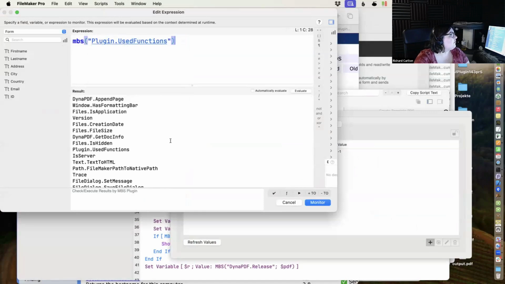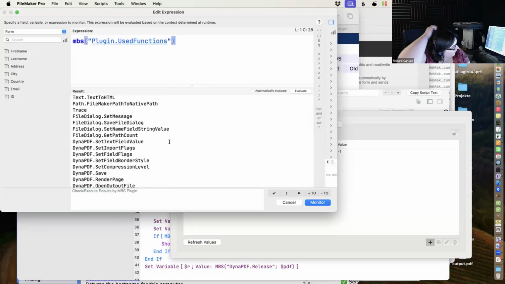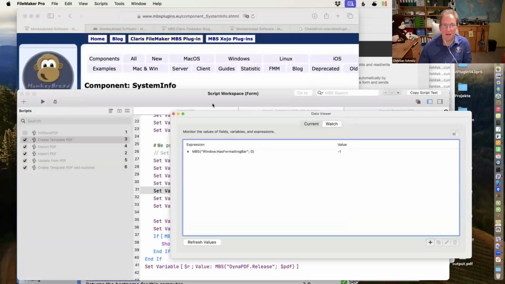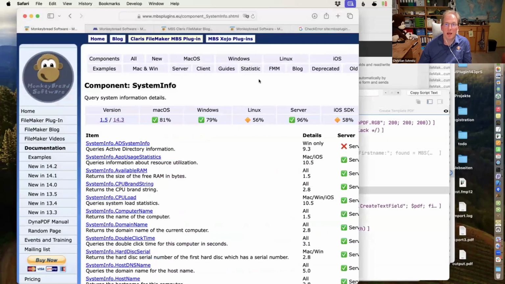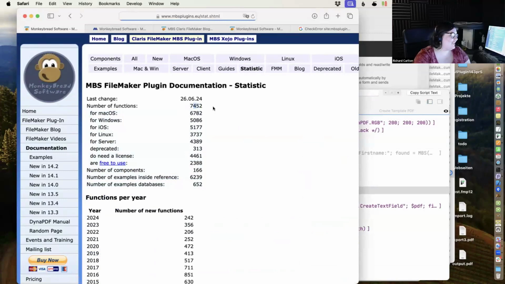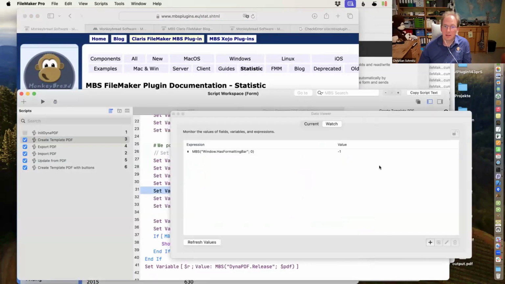Especially since the MBS folder I'm working on is aggressively growing by the day. We are already working on the next version. And by the way, statistics, we are already on 7,400 152, almost to 500. Oh, that's cool.